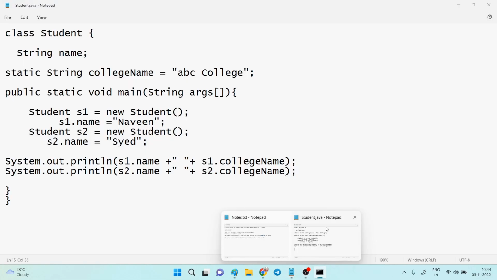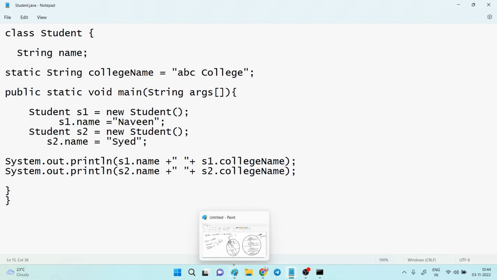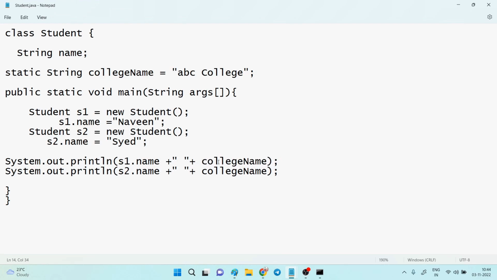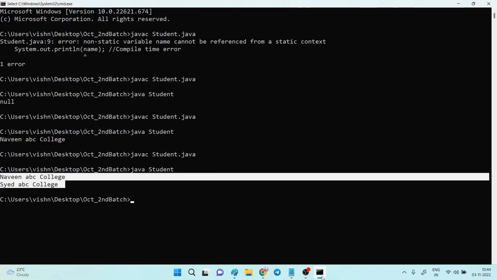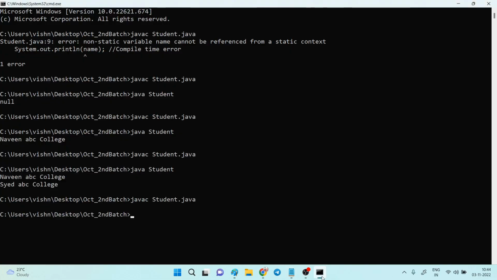Here you have to remember one more important point. Now see what I'm saying. Whenever you are calling a static method or static variable in the same class, there is no need of a reference. I removed the reference here and again I am compiling it. Again, see the same output,